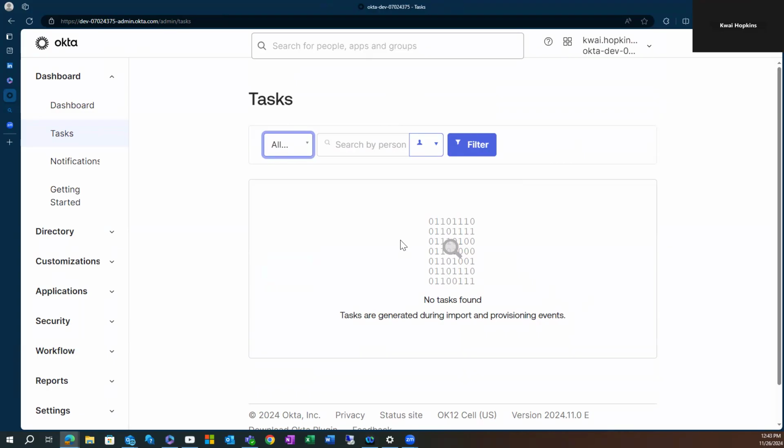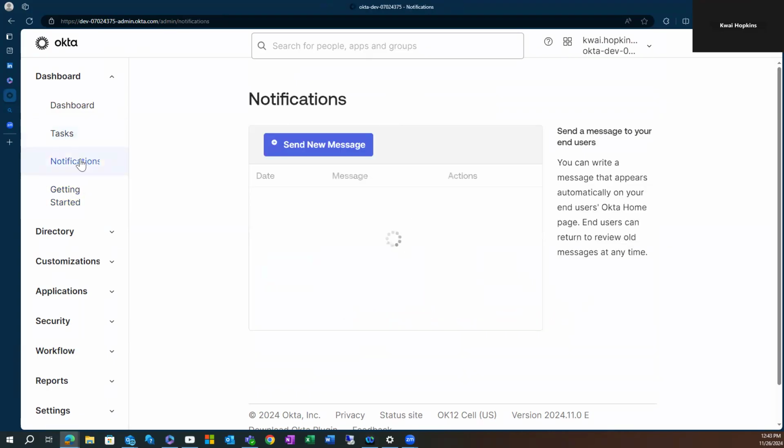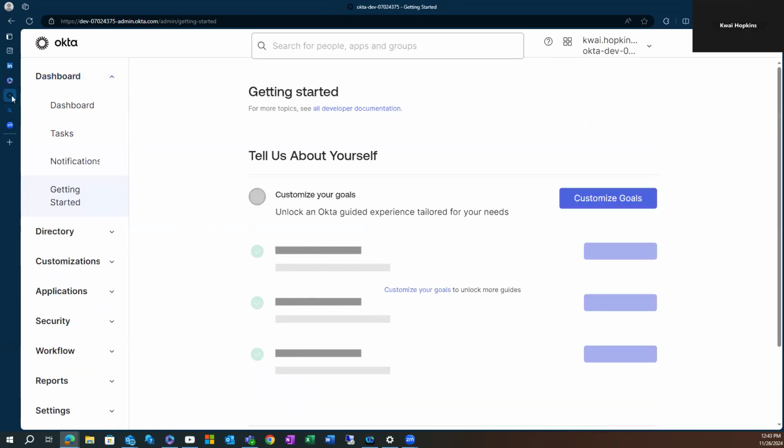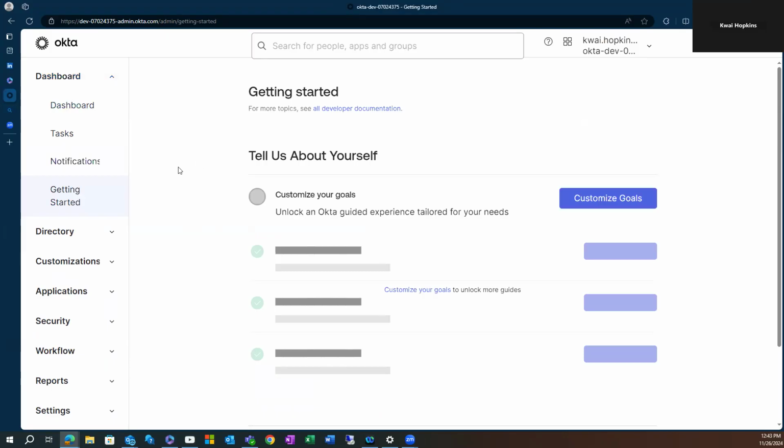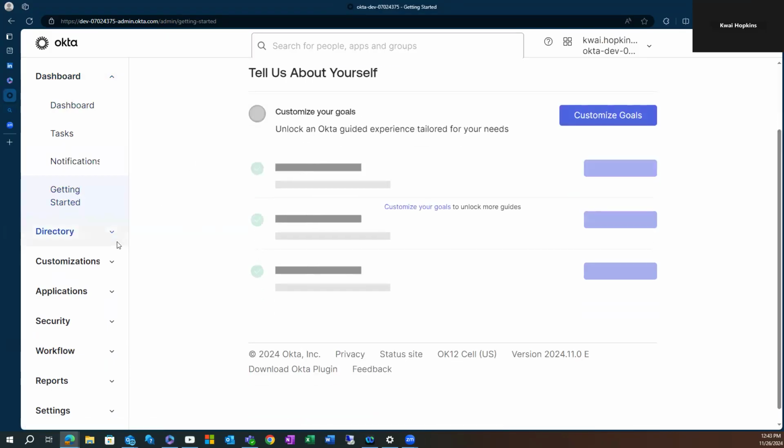And then you have your notifications. Again, if there's any request from users saying, hey, I'm not able to access my application, they'll send a notification to the IT help desk team. But in the real world, you really won't be using a lot of this. All right, so let's go to